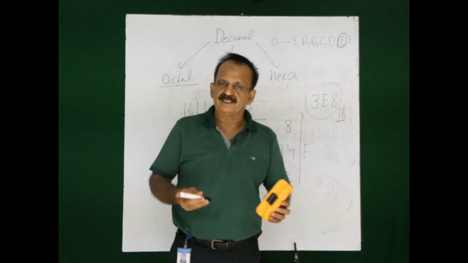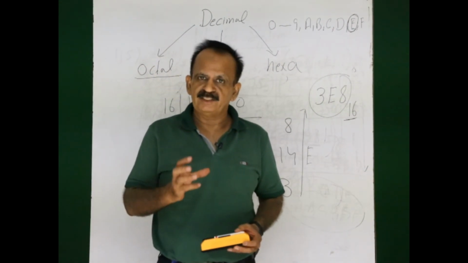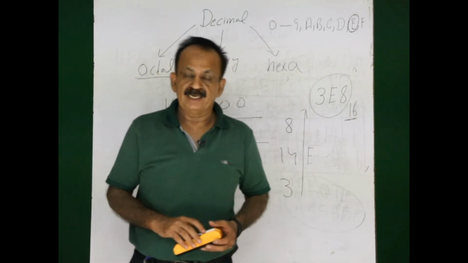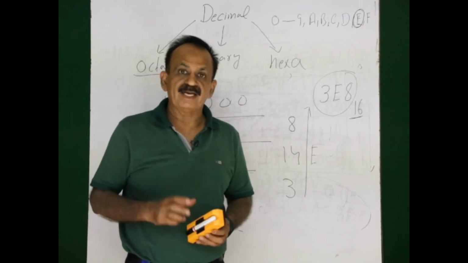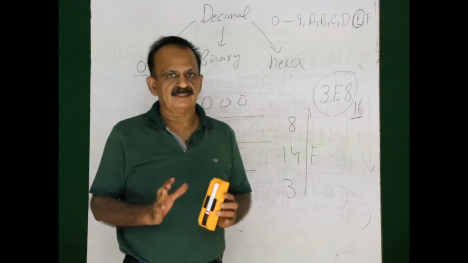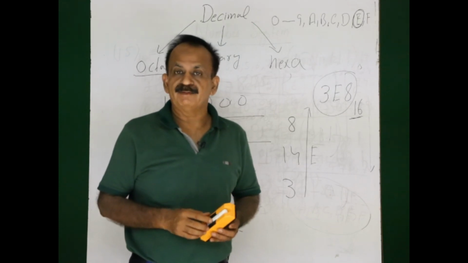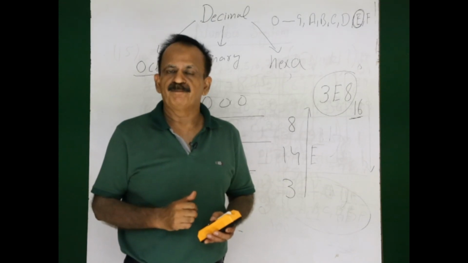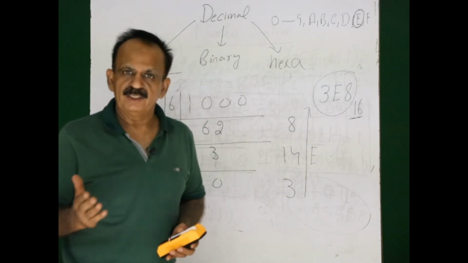So, in this discussion I started with the number system. A number system is the set of digits and symbols which are used for counting and calculations. Then I said base or radix of the number system. The base or radix is the maximum number of digits in any number system. The decimal number system has only 10 digits, 0 to 9, so the base is 10. In the binary number system, the base is 2, with only 2 digits, 0 and 1. The octal number system has base 8, with digits from 0 to 7.